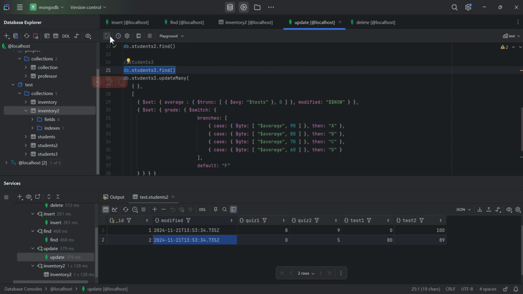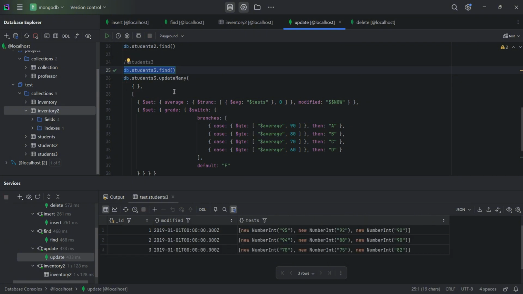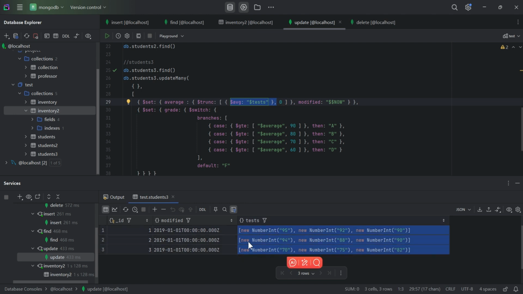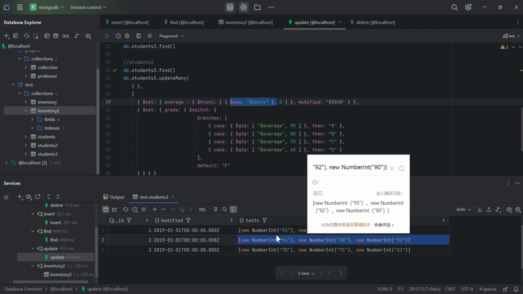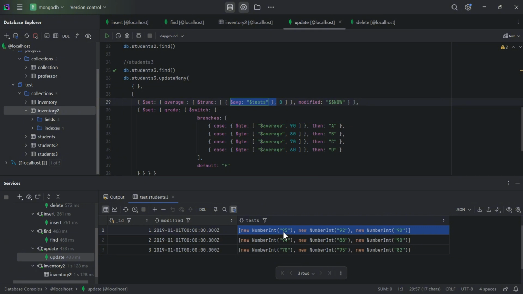So we firstly use the students grade table, and then we calculate the average of the test, because we can see in the table the test has 3 values. For example, ID equals to 1, the numbers are 95, 92, and 90. So we calculate the average of the numbers, and then